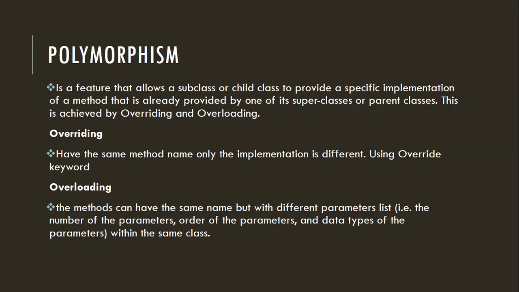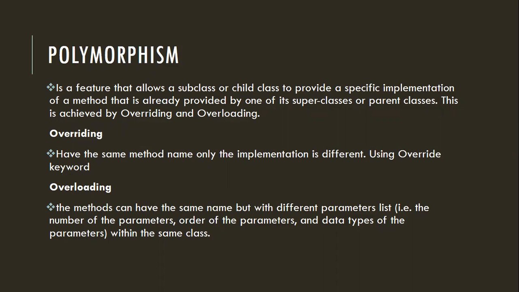Area is the method, but is the implementation the same? Can we do the implementation the same for all three objects? Circle එකට වෙනම තියෙනවා නේද? 2πr එහෙමත් නැත්නම් πr squared ඒ වගේ මොන හරි එකක් තියෙනවා නේද? So something like that, only the implementation will be different. Okay, but the method is same. Finding area is the method, but inside, the implementation will be different. That is known as overriding.